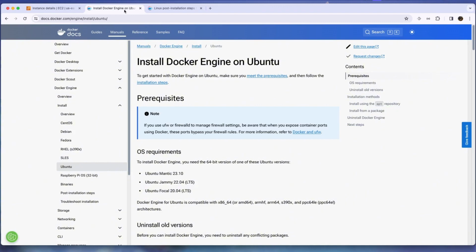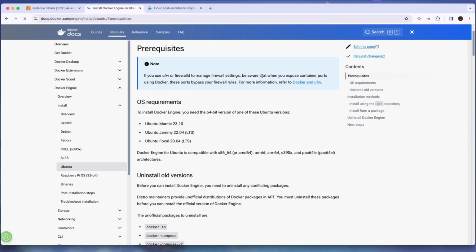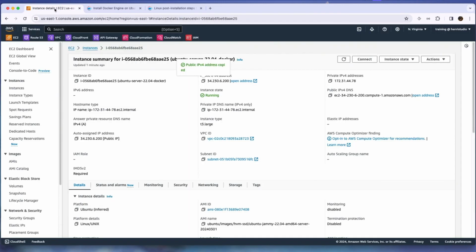The installation of Docker is available on Docker Docs, under Install on Ubuntu. As you can see, we need to make sure we meet the requirements. If we use UFW or a firewall on the Ubuntu server, we need to allow the settings, but in this case our Ubuntu server is just created.